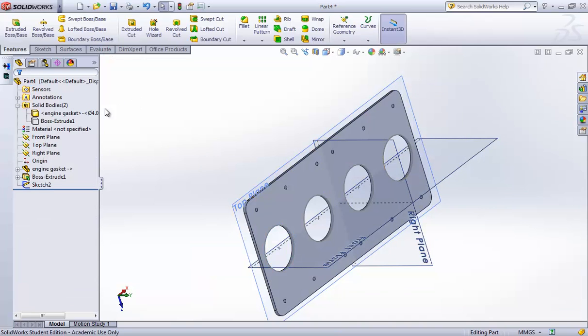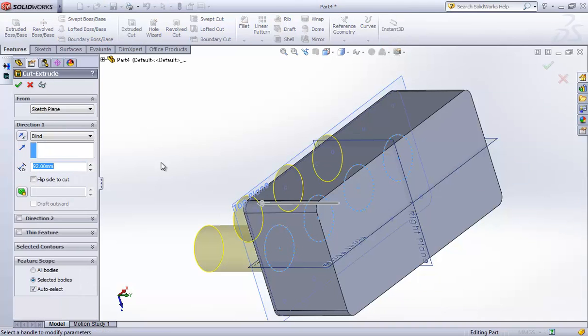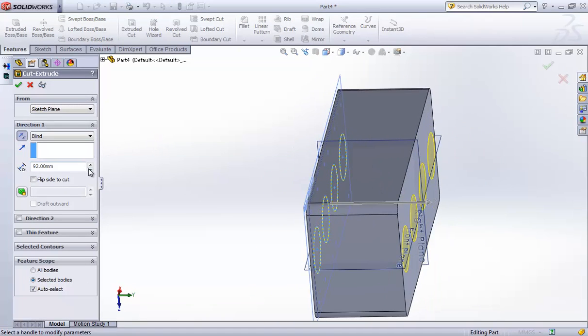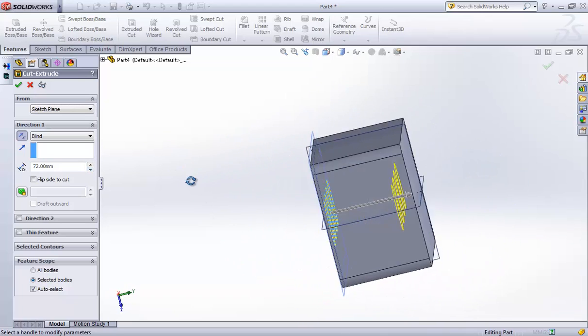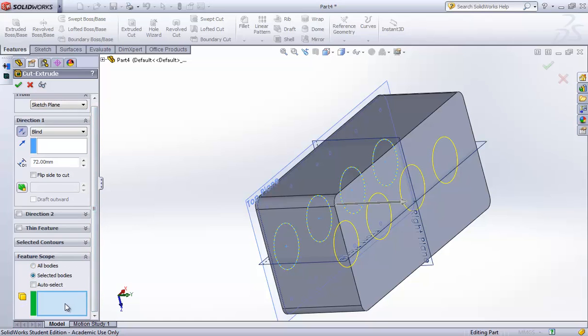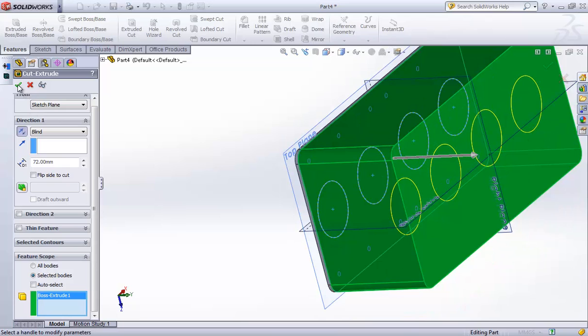What it's not allowing us to do is, since this is hidden, let's bring that back. Let's pre-select this sketch, and then I wonder if I can go extruded cut, and then it's going that way. I can flip the direction. I can specify how deep we wanted the cut, so maybe somewhere into the engine block, or maybe I didn't want to come out all the way. And that's the right approach. It gives you a chance to select which bodies to cut, and when that field is active, you can choose I want to cut that body only and not the engine gasket. And if you confirm that,